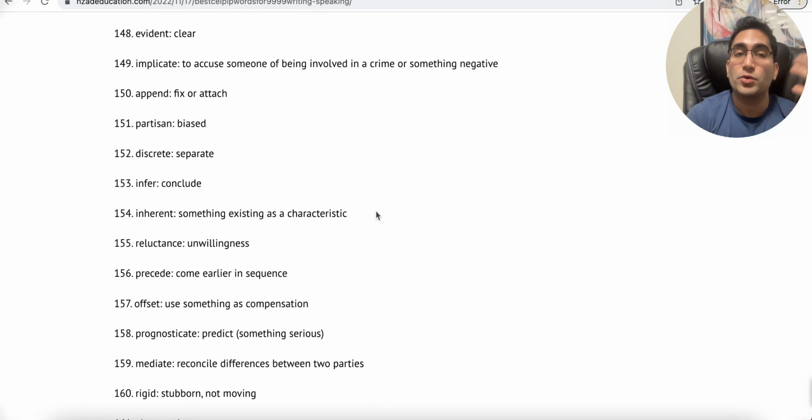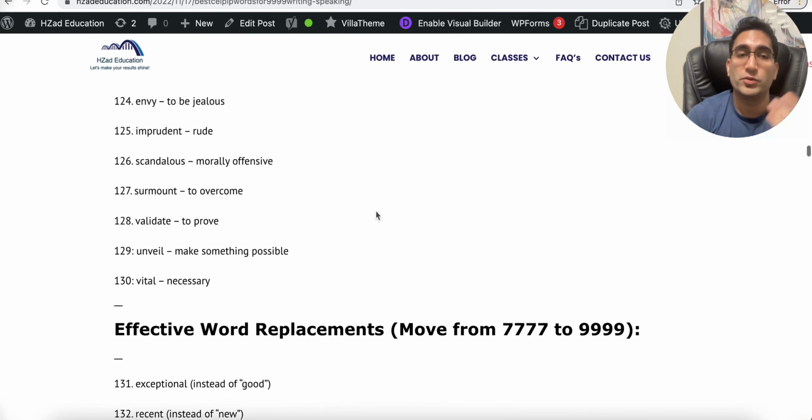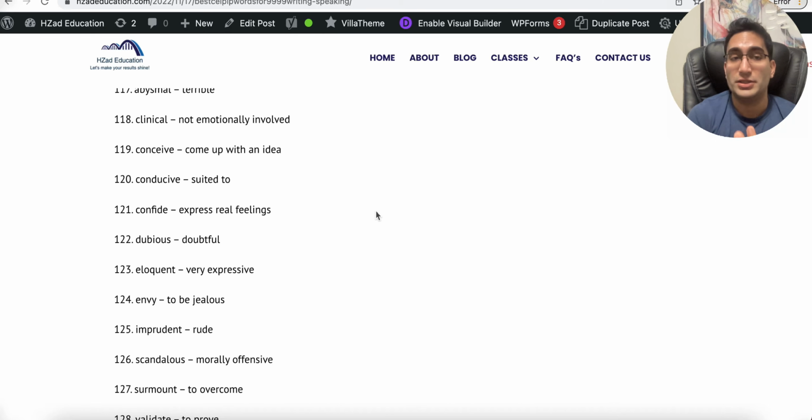And keep going back to, it's not just moving forward, going back and revising, because it's very easy to forget these things. And hopefully you start using them in your writing and speaking, just like how I am using it right now. When you're making sentences, think like I am thinking, make a sentence and think how you could use it in CELPIP, because that's exactly ultimately what we want to try to do. And if not, these words will help you in speaking, communication, in general life, and in future it'll build your